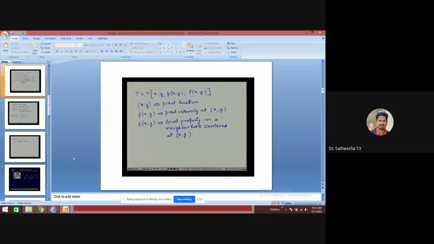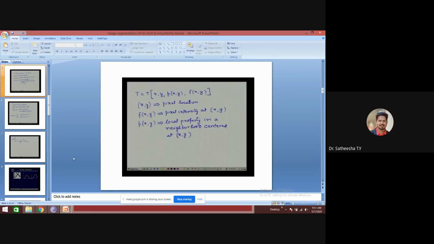So this threshold operation that we are doing can be viewed as an operation to test image pixels against a function t, where this function t is a function of x comma y, which is nothing but the pixel location in the image, and f of x comma y, which is nothing but the intensity value at location x comma y.